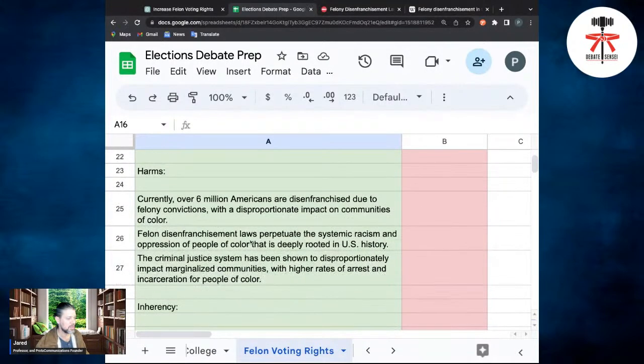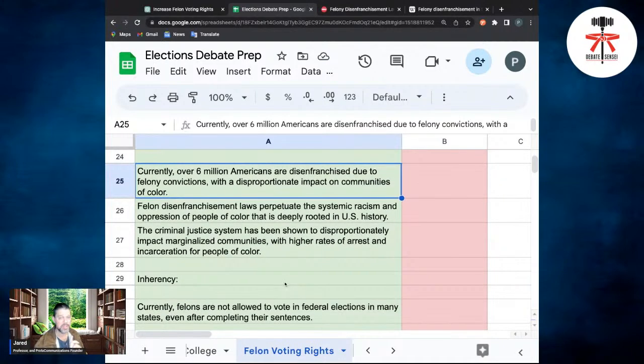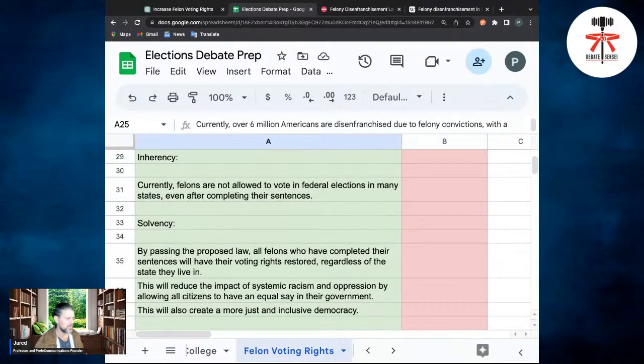Social justice currently. You definitely need to start adding sources and research to your outline that was generated on this one. And just to let you know, if you've got any questions about what I'm doing right now, you can post them in the comments live, and I can address it. All right. So, felons are not allowed to vote in.